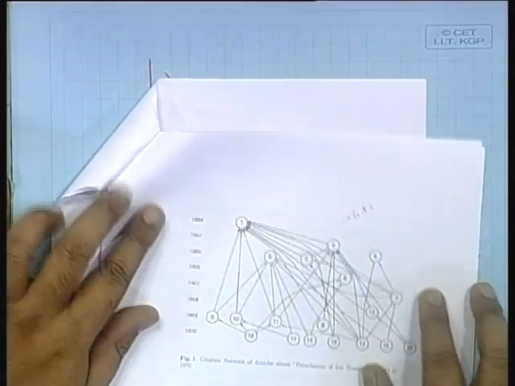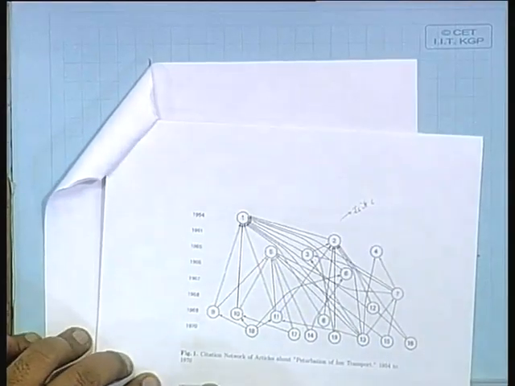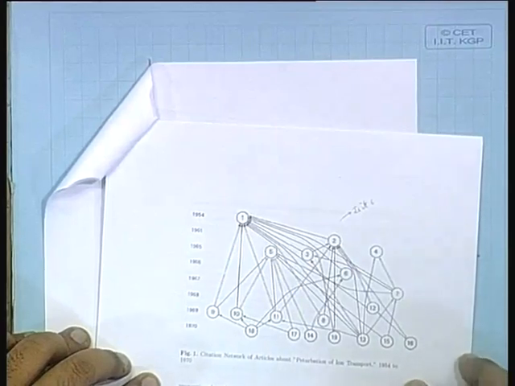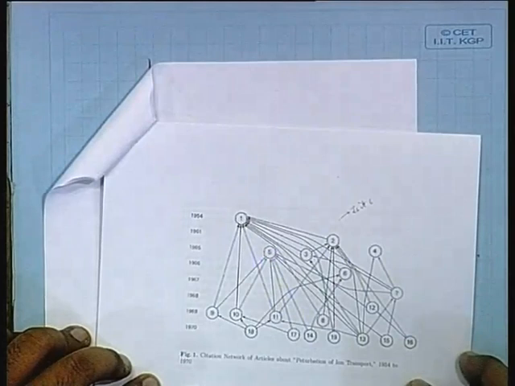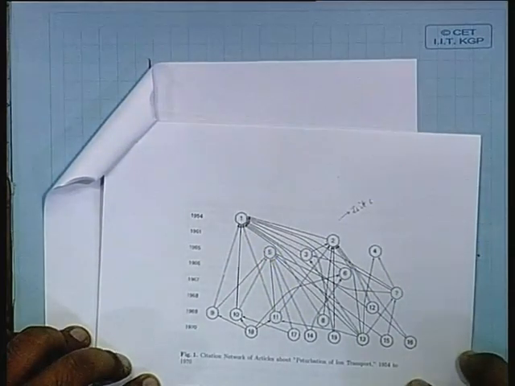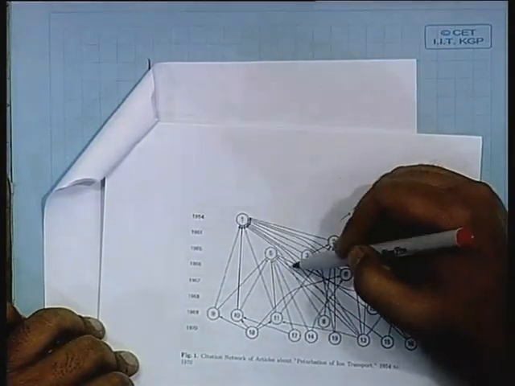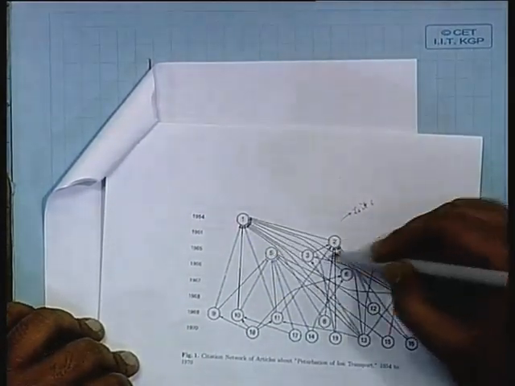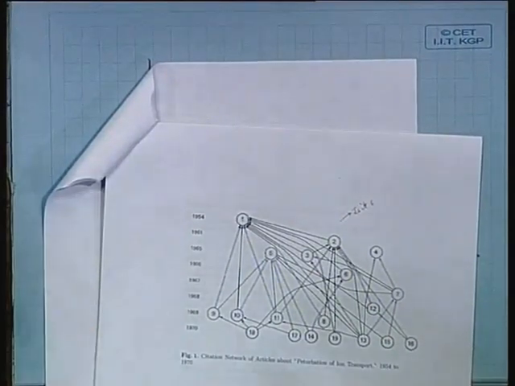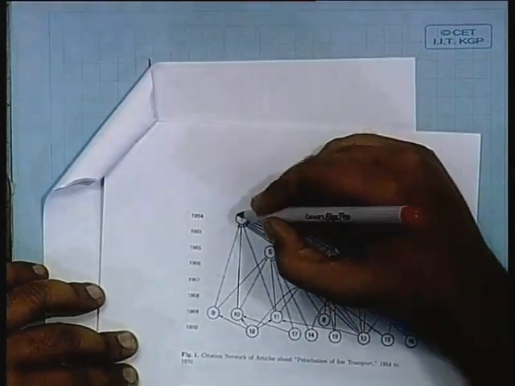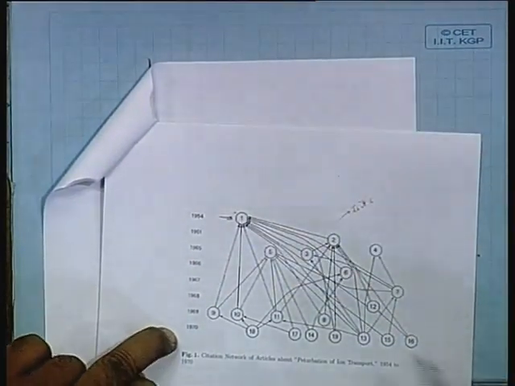This is a figure which I can show: the citation network of articles on perturbation of ion storms from 1954 to 1970. What we see is that this first article is cited by many, then it goes on. So, this is simplistic, it is not simplistic. Actually, we see that the first article was first published in 1954,